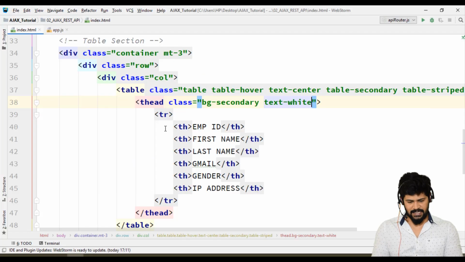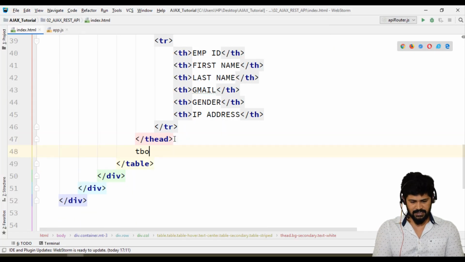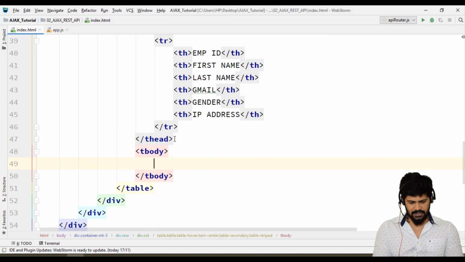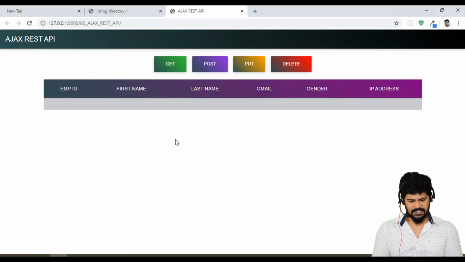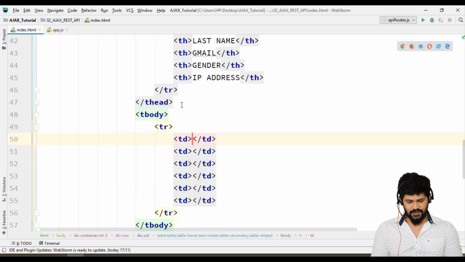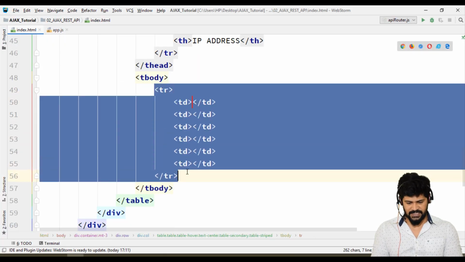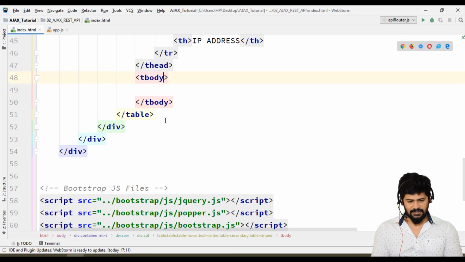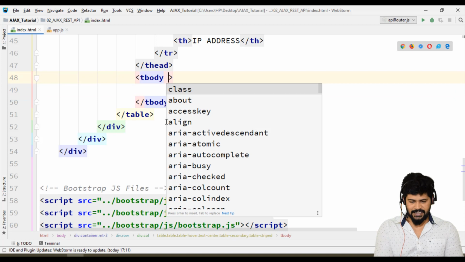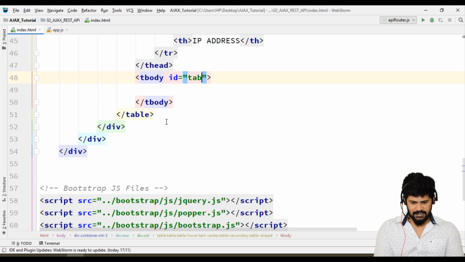Okay, looks good. And for the table body, I just write table body. So table row. Here we're going to make all the TDs with some data, right? So star tab like that. This is how you're going to display data, but we're going to display this data from JavaScript. So let's make it empty, and to display some data we need to have an ID. So let's make the ID table-body.